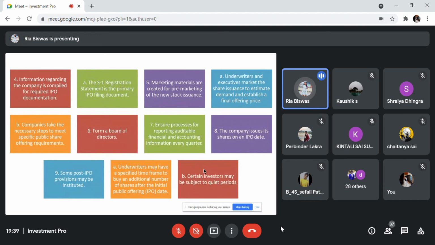So what are the fundamentals, like what are the profits, how the company is doing, what is the capital, the net worth. Obviously these are the things that are required while they look after it. So obviously the information of the company would be required while they are going for the documentation of the IPO. Okay,